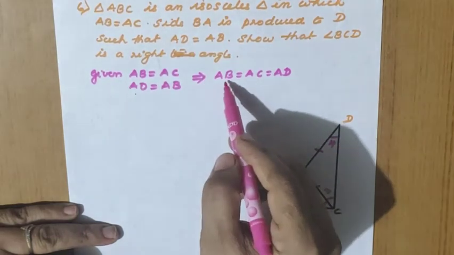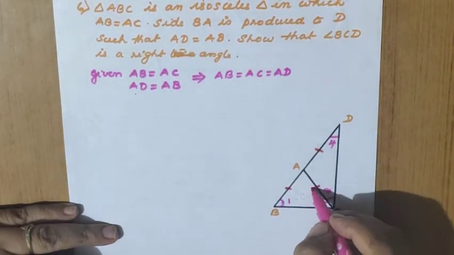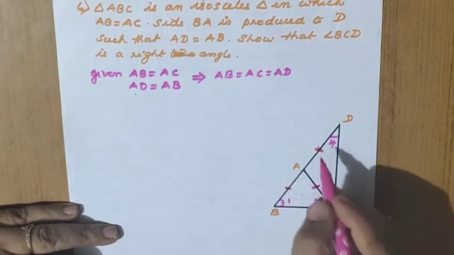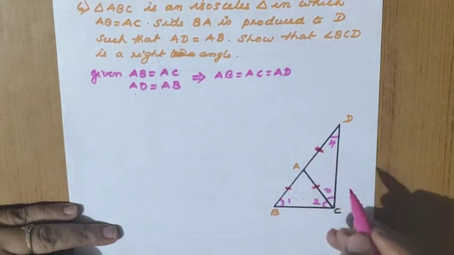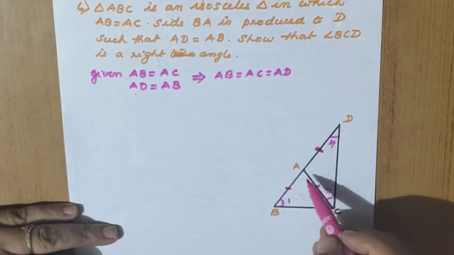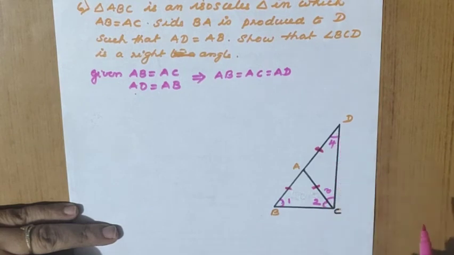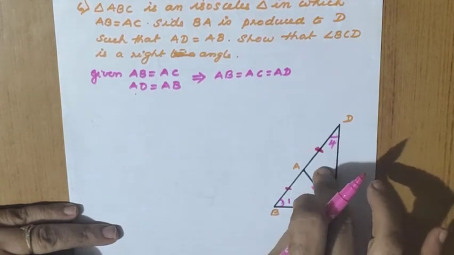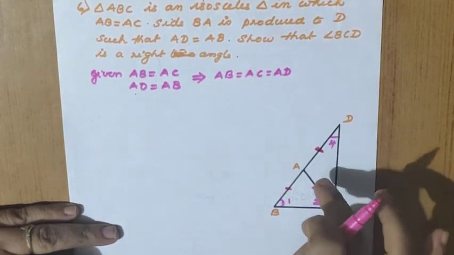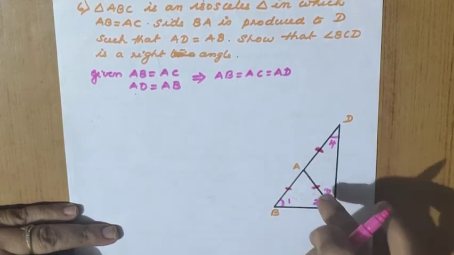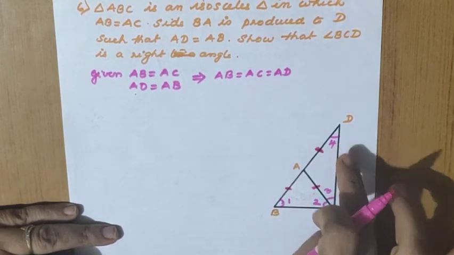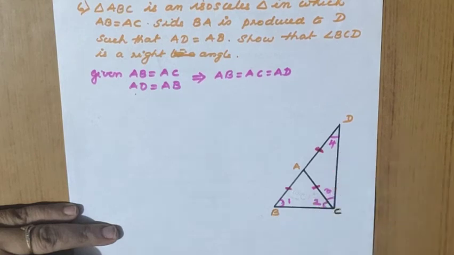Similarly, now we got all the three sides are equal. So we can mark that AC as well as AD is also equal only, right? Now this happened in which triangle? Now ACD, right? So this is also in a different triangle, and also the two sides are equal. That means ACD is the isosceles triangle. Again base angles are equal. Angle 3 is equal to angle 4.